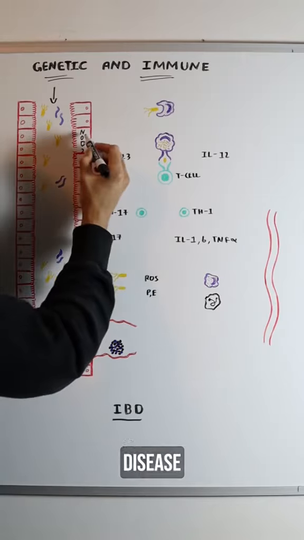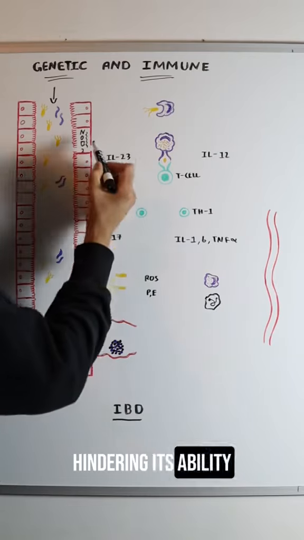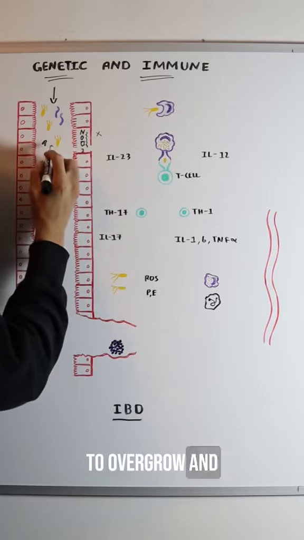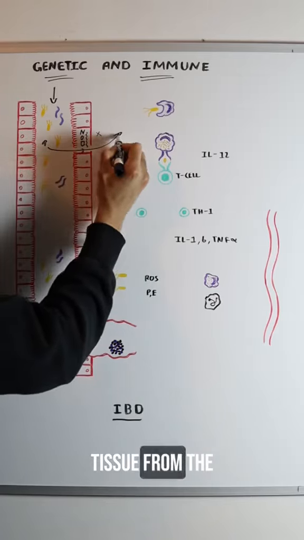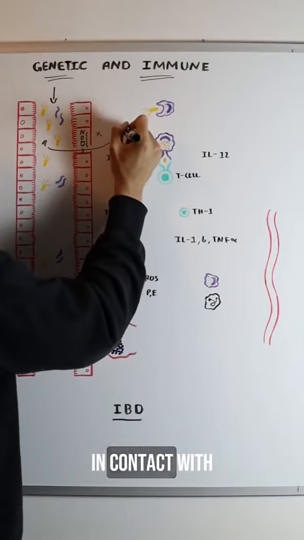But in Crohn's disease, there seems to be a mutation of this gene, potentially from the family history, hindering its ability to regulate that protective mechanism, which allows for the bad bacteria to overgrow and translocate into the GI tissue from the GI lumen. And once inside of the GI tissue, this bacteria gets in contact with the immune cells